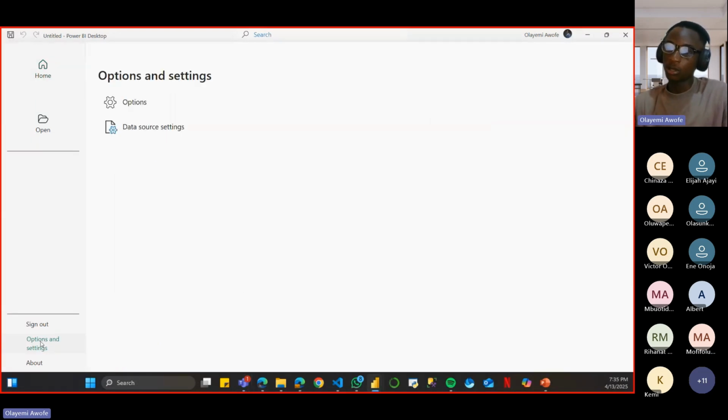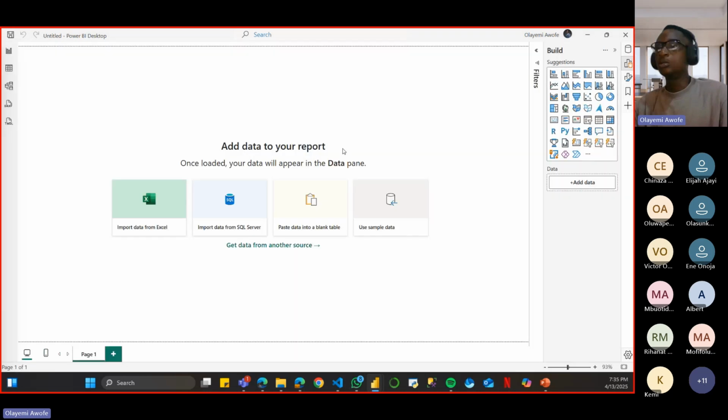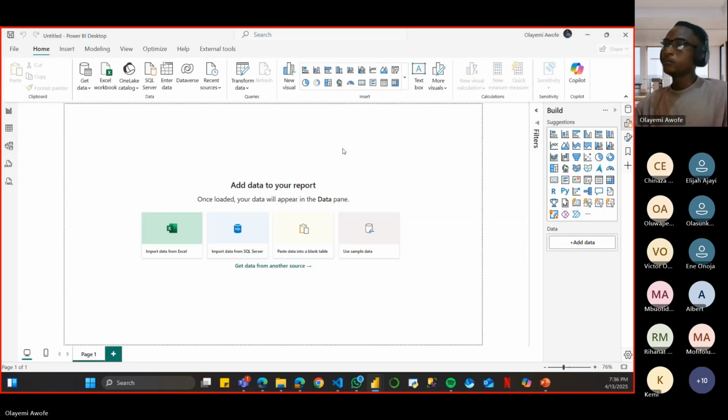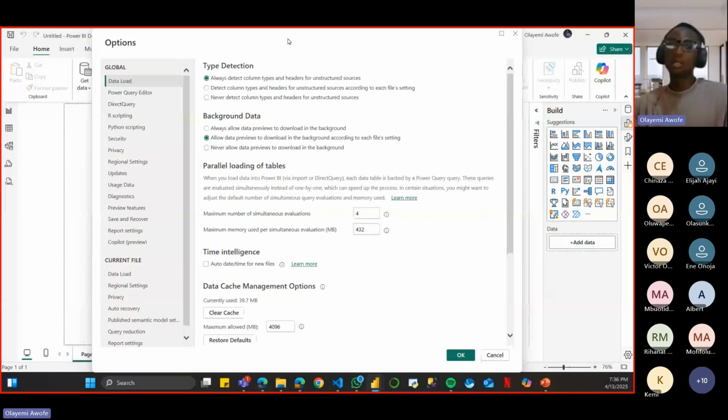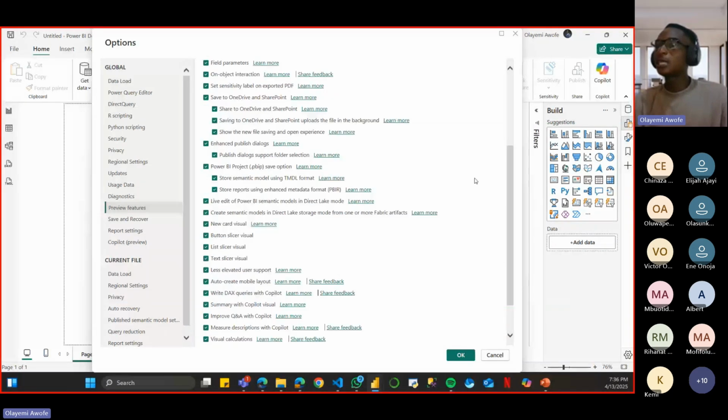But for now, let me just click on Options and settings if you want to set this. Follow this step, please. When you click on Options and settings, you are going to see Options. Click on Options. When you click on it, you are going to get another interface. It's just taking forever to load. Okay, good. So when this pops up, you want to click on Preview features. You drag it down, and right here you are going to see